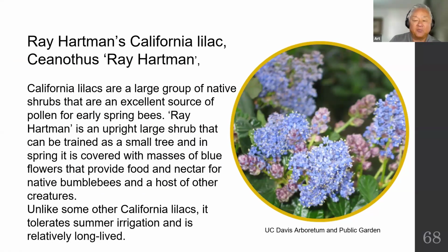Ceanothus, this is a beautiful plant, masses of blue flowers, good for native bumblebees and other creatures. Tolerates summer irrigation, is relatively long-lived. So this is a good one. Ray Hartman is an upright shrub. So if you can create a standard tree shape, or if you're in the sun, it may be really good to keep the leaves down and not trim it up like a normal tree shape, like a lollipop, because the bark can be